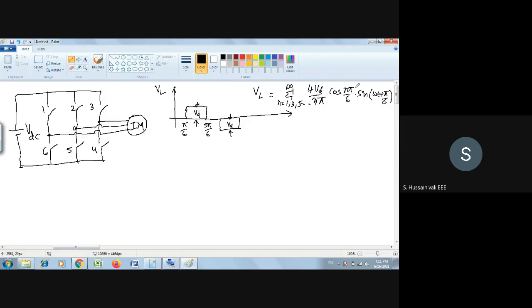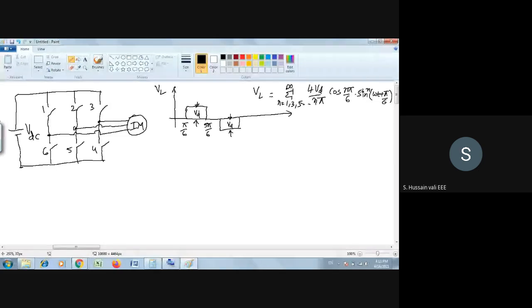Okay, so now there is one more N here. N is also there. So cos N5 by 6 into sine N into omega t plus 5 by 6. This is the expression for the